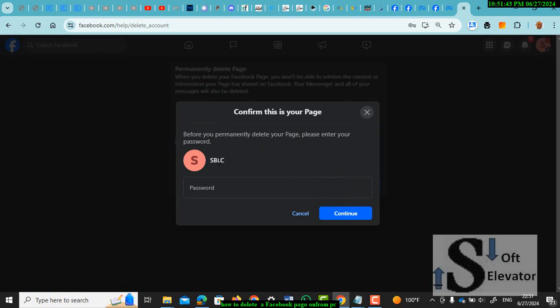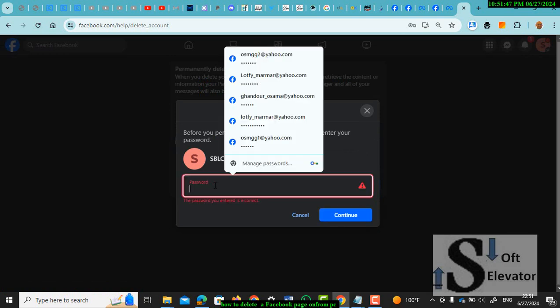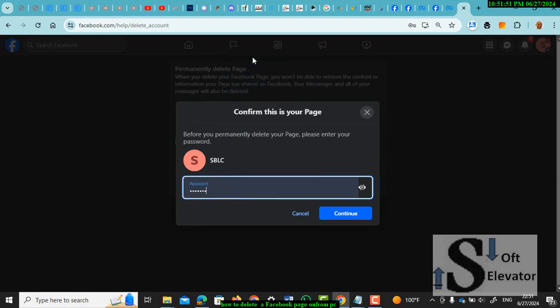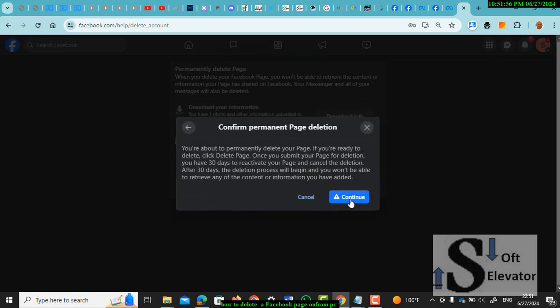this is the continue. It needs a password, so you will enter your password from here. This is the password. Okay, and then continue, and then confirm permanent page delete, continue,